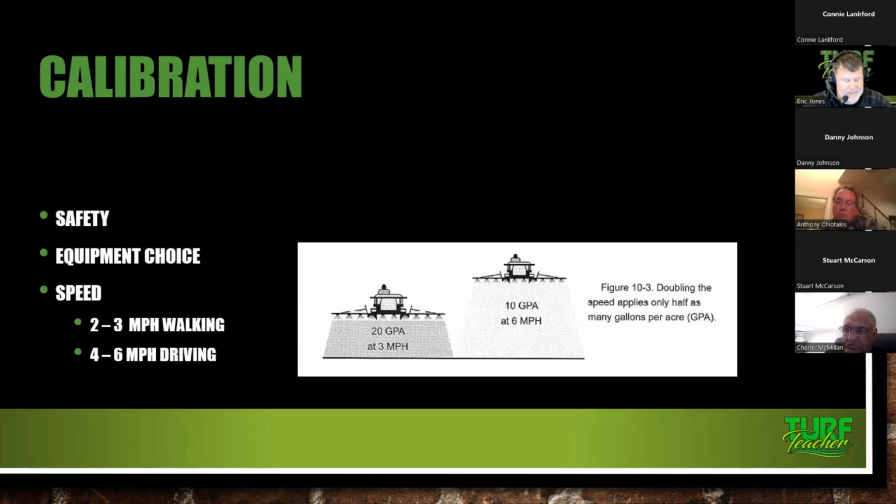So I try to schedule our routes where we do all the flat yards in one day, and then we move to the steeper properties the next day. You've got to put them together so your guys are at that speed that morning, or, you know, when they calibrate that morning, they're going to be at that same speed all day long. So at your shop, technically you're going to need a flat area and you're going to need a hilly area where they can calibrate their rotary spreaders and their hoses.